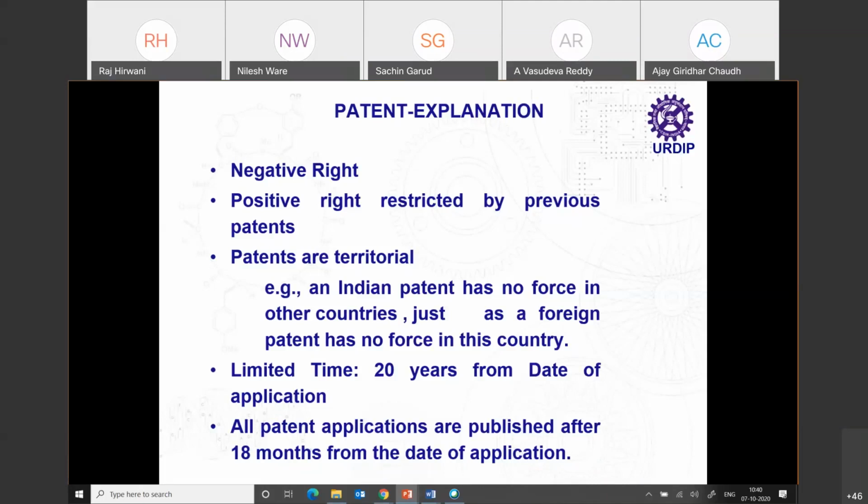The governments wanted to plug this loophole. In the US, the average time to get a patent was 3 years, so the US proposed 17 plus 3, 20 years, which the world accepted in the WTO meeting. So it is now uniformly 20 years from the date of application. After that, it is free for anyone. Most important part, which is for the lecture today: all patent applications are published after 18 months from the date of application.